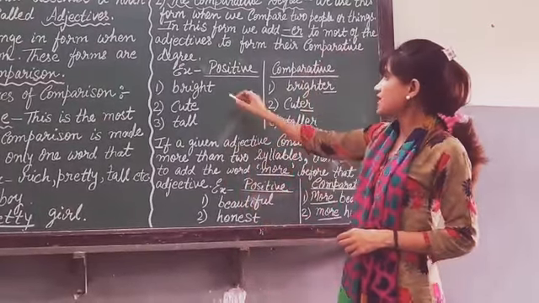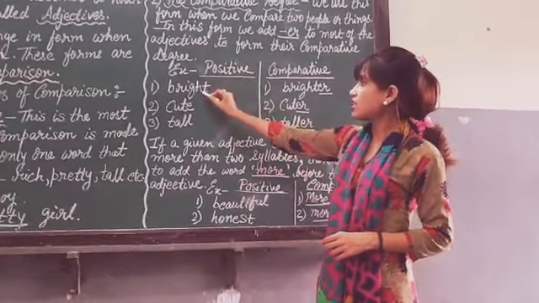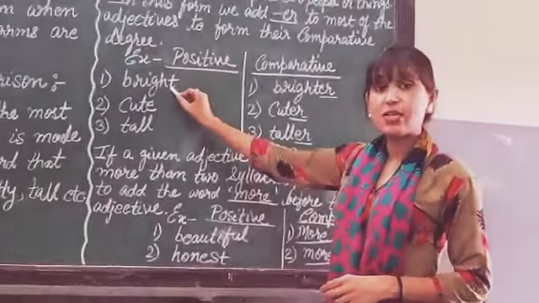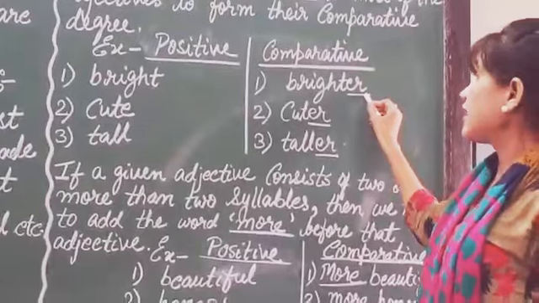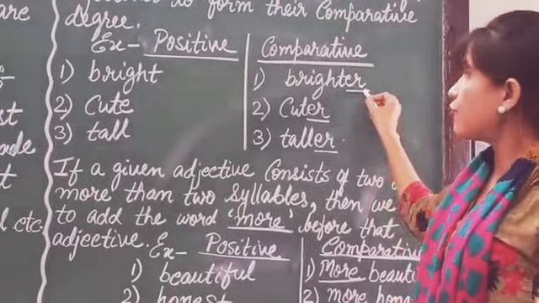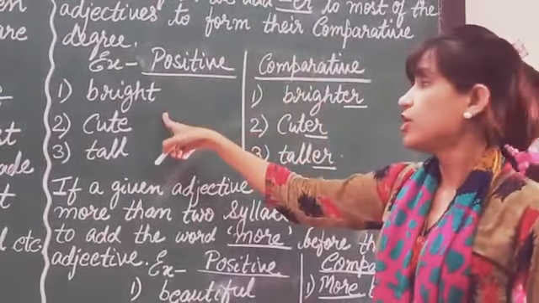For example, just see, if the positive degree is bright, then the comparative degree will be brighter. How do you form this comparative form? You have to add